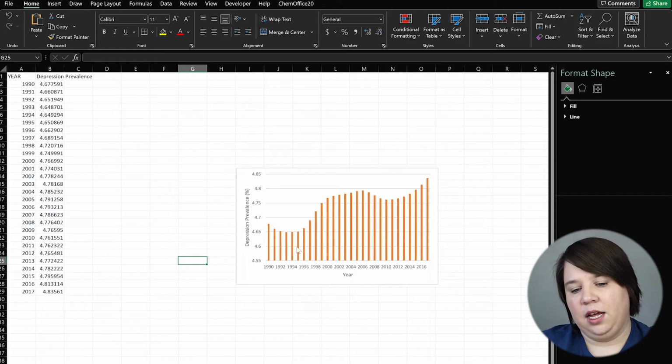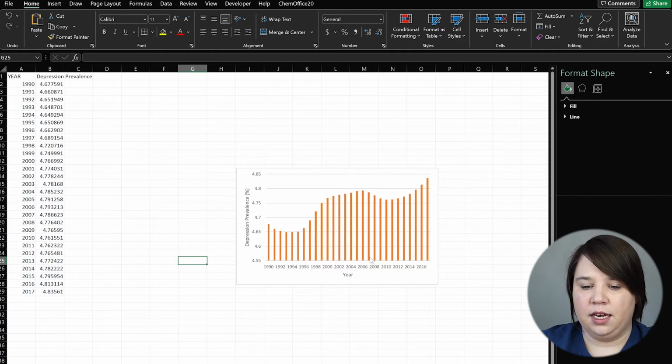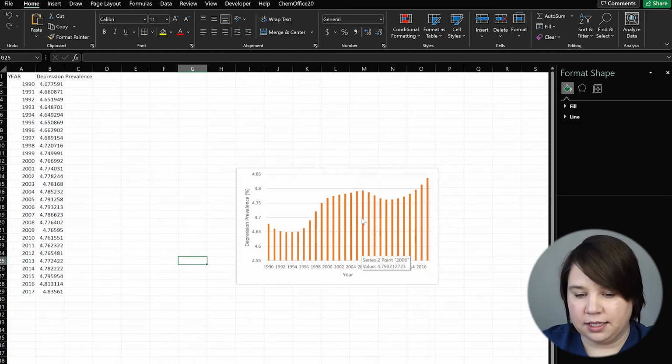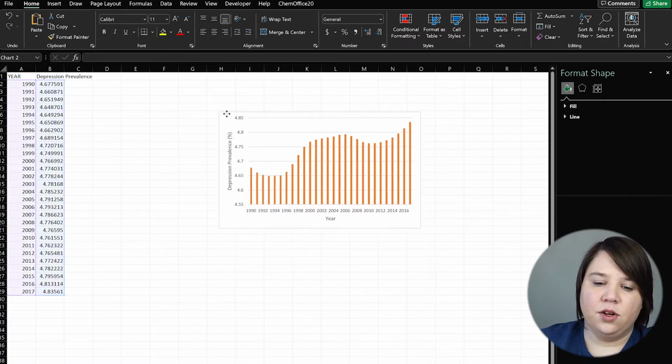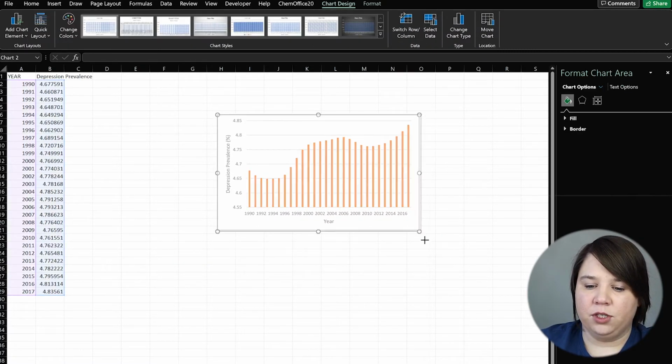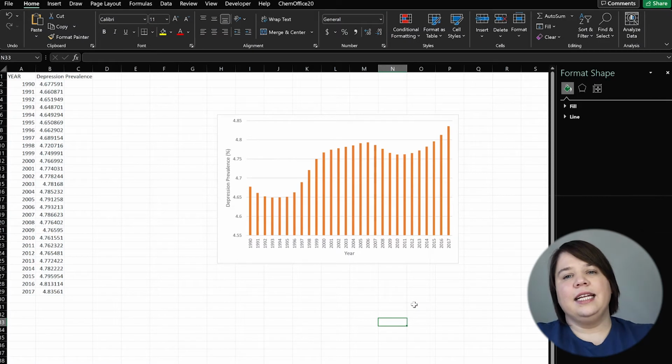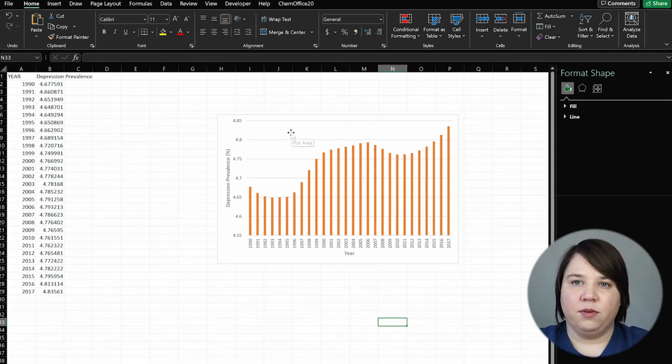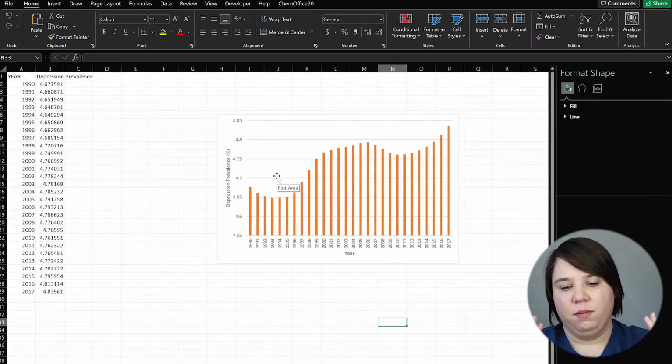Then there was an increase in the depression prevalence up to about 2006, 2007. It decreased a little bit and then started picking back up. And so that's a really quick way to be able to show your data. Again, wait for my next video, and I'm actually going to show you how to make this look much more